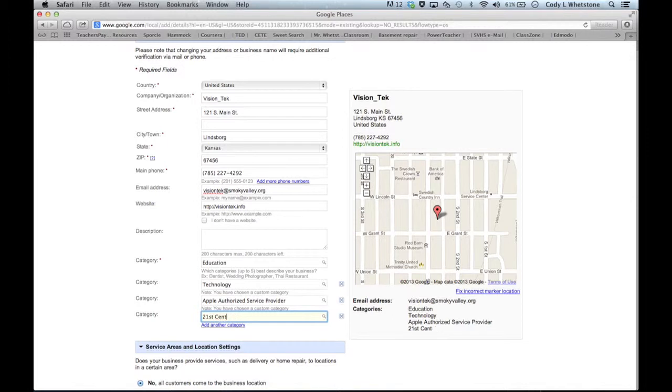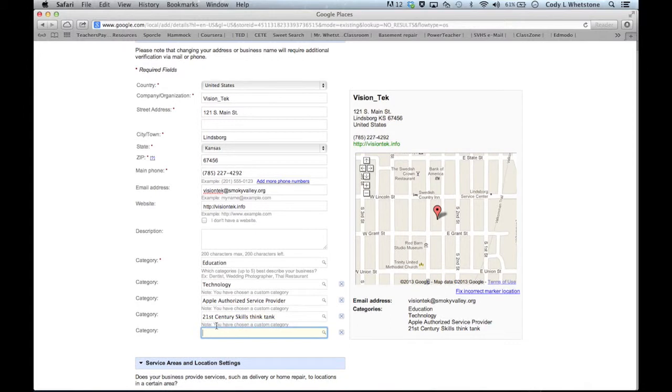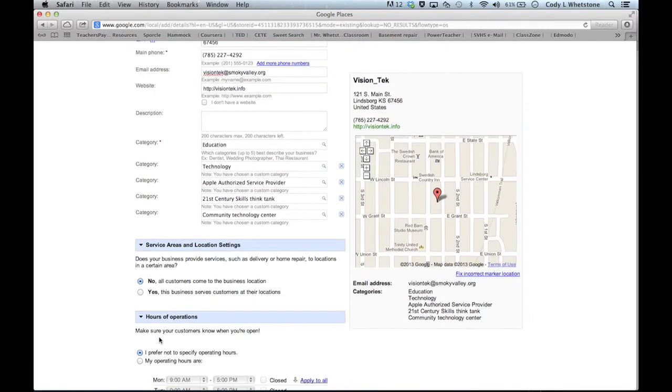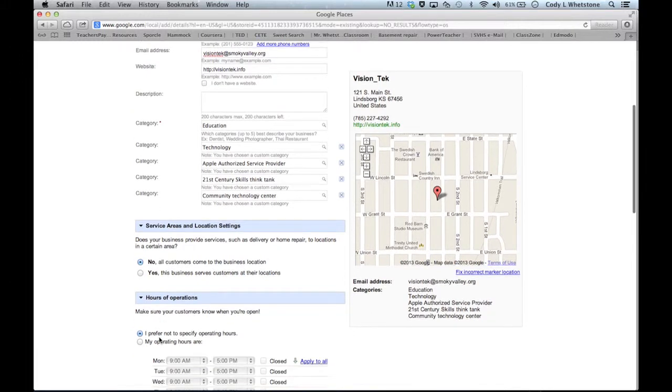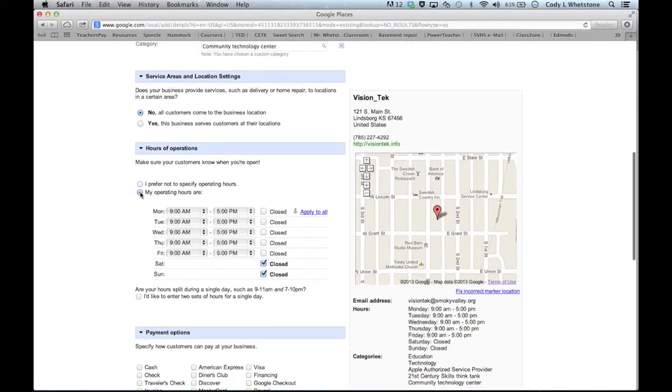We're devoted to developing 21st century skills within our community and within our students, so I'm going to include that as one of the categories. And then last but not least, we are a community tech center, so I want to include that as well. And I have 5 strong categories there, and that's kind of the game that you want to play. You want to anticipate what people are going to search for when they're looking for your business on the